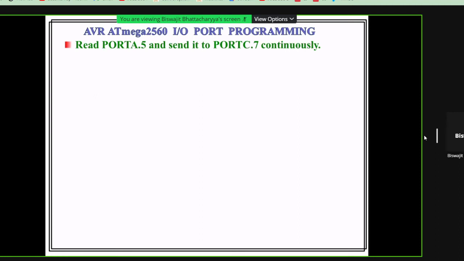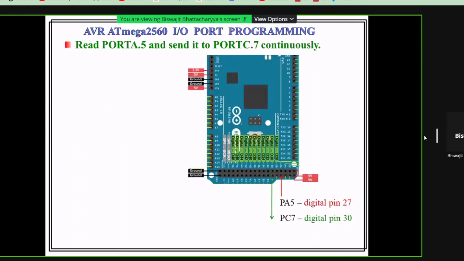Port C.7 means D7 pin of port C. So read D5 pin of port A and send it to D7 pin of port C. So that is PA5 input and PC7 output.